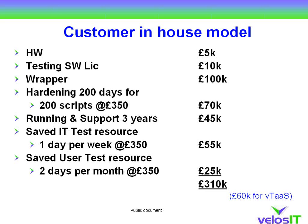If you were to develop the wrapper that we put around it, we believe that would cost you about £100,000, and we've assumed an internal opportunity cost of £350 a day. But that £100,000 for the wrapper would just give you base functionality. It wouldn't give you anywhere near the complex functionality that's within vTaaS. You would then have to harden the scripts, and we've assumed 200 days for that at 70,000,